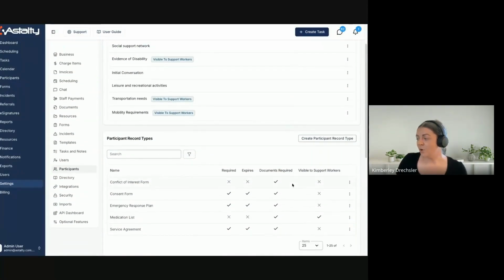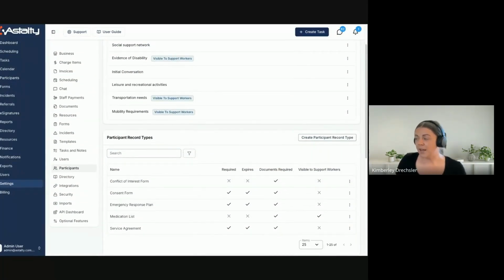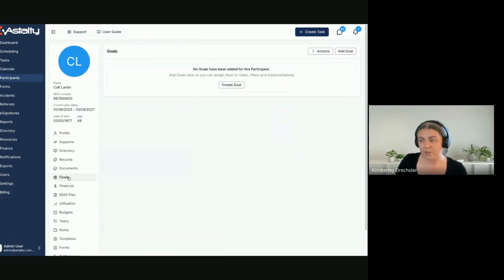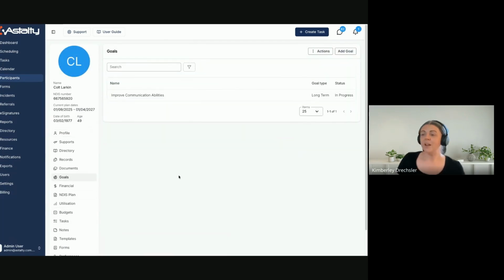All right, we'll also just have a quick look at some reporting functions for goals within a participant's profile. So let's have a look at Colt, and hopefully we've got some goals in here. We do. All right, so we now have the ability within our goals to be able to export these details. We'll click on download as PDF,